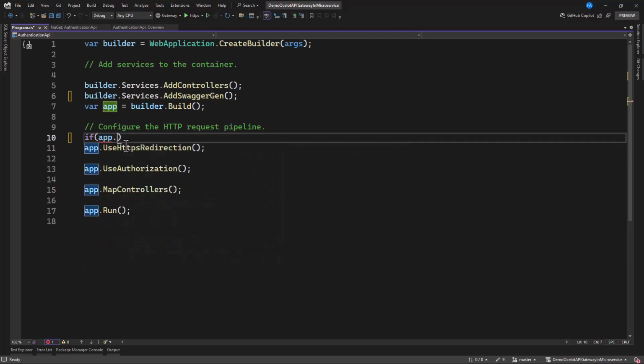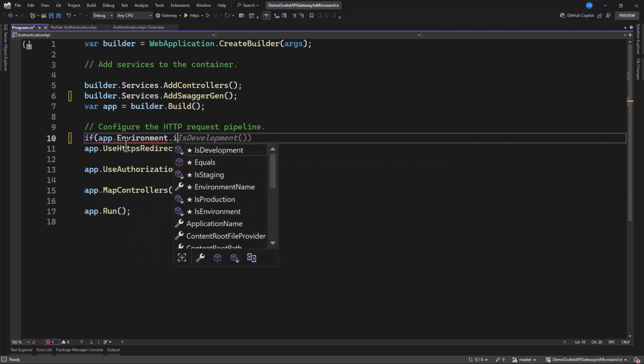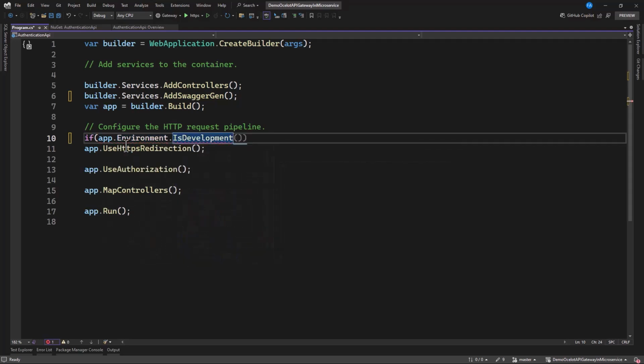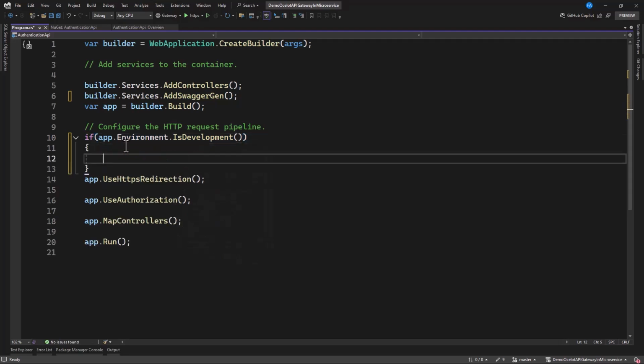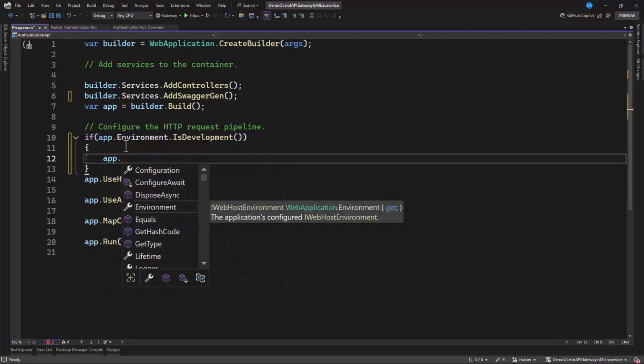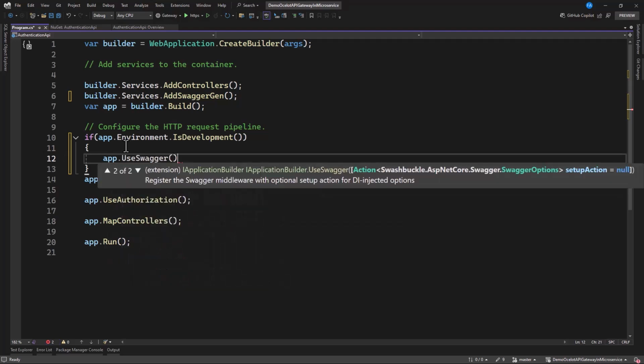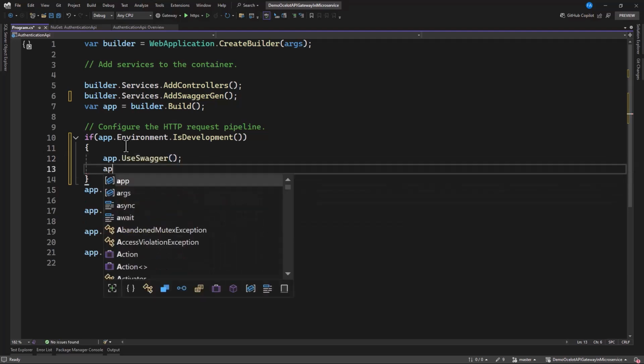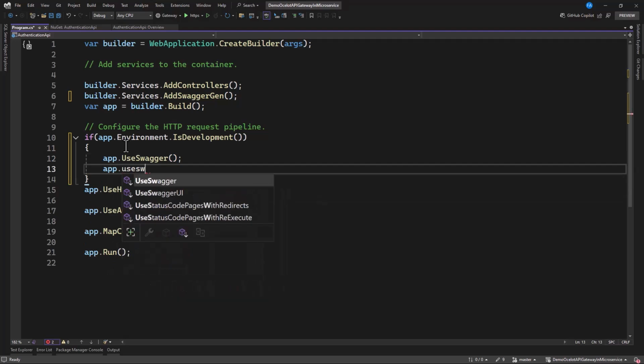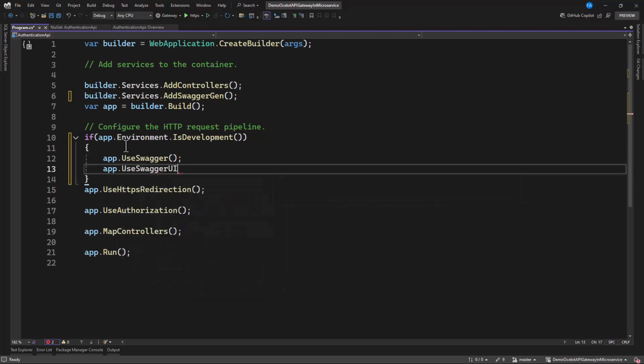So app dot, then we're going to have environment dot is development. Then that is where you want to introduce UseSwagger, and also UseSwaggerUI. Good. So we have our Swagger integrated successfully.